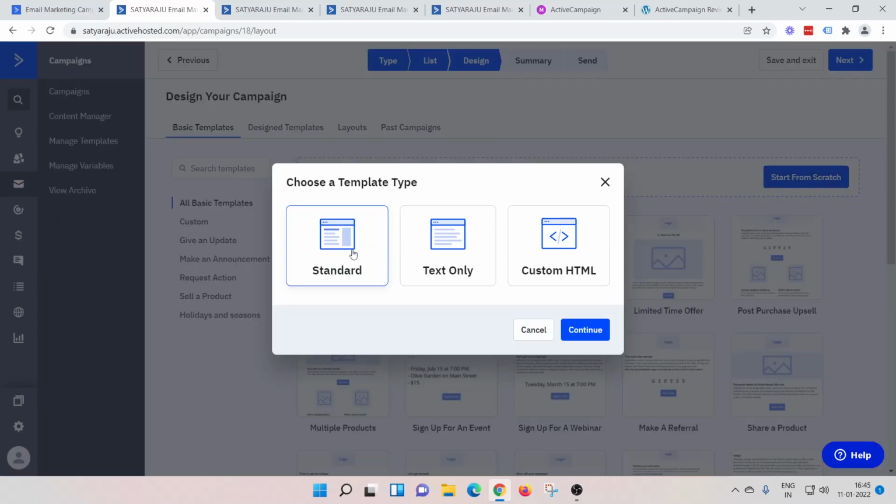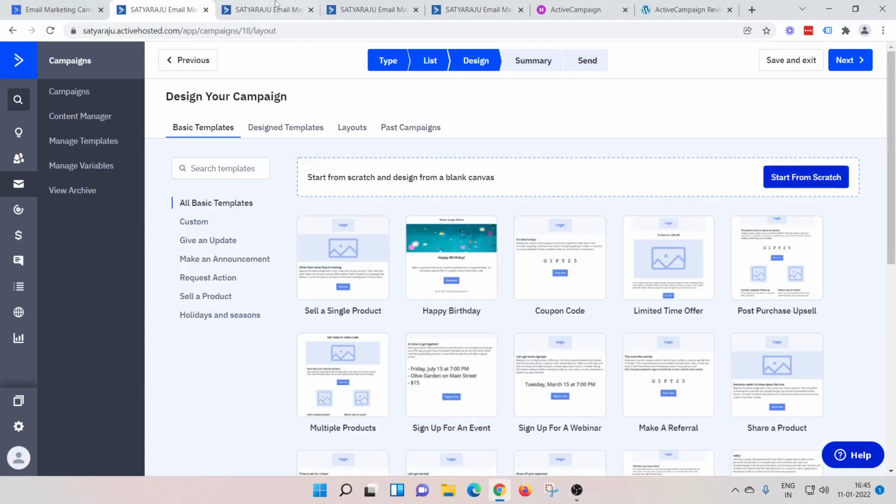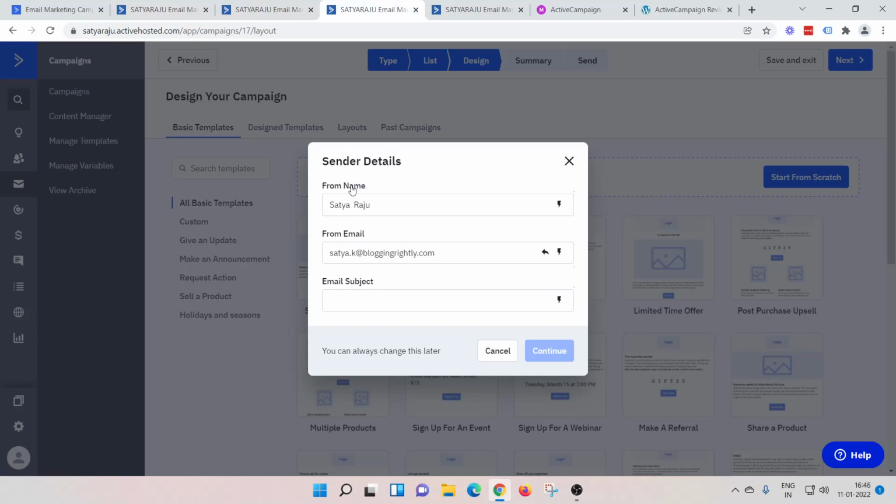So clicking on standard type, you will be allowed to use either an HTML block or else text also. But selecting text only has some drawbacks, like you can't track open rates. So I would suggest use standard or else custom HTML. If you know HTML and how to write HTML images, then obviously choose custom HTML or else go with the standard option. Once you do that, you will be asked to select sender details. You can always edit them. For example, my subject line I keep just hello for now. You can always edit it later in the next steps, I mean, before you send the email.